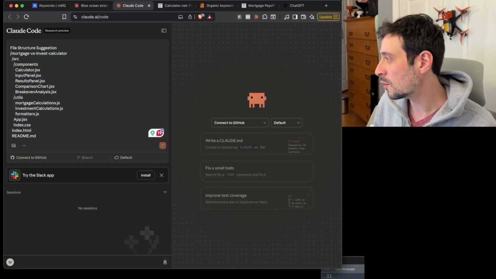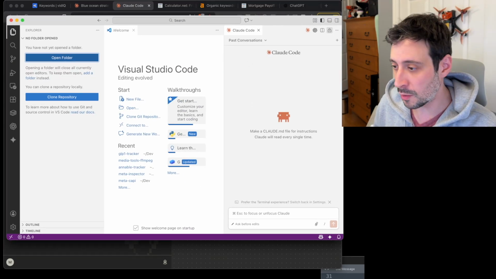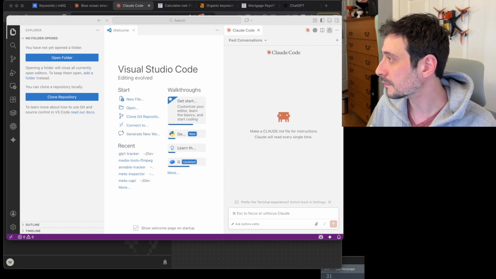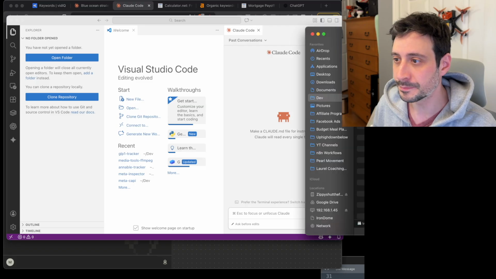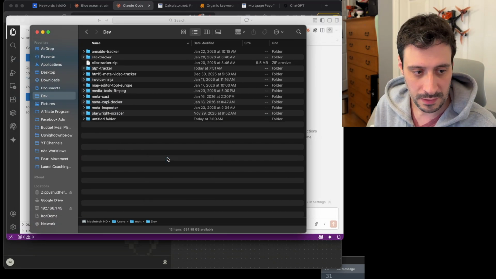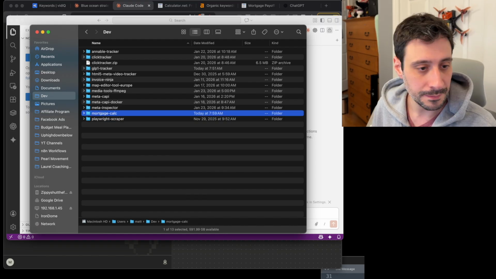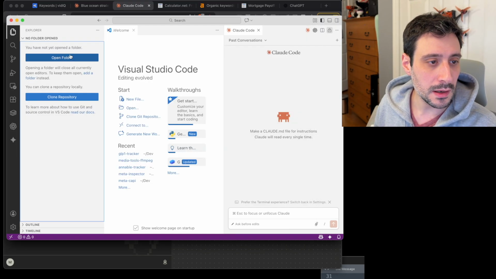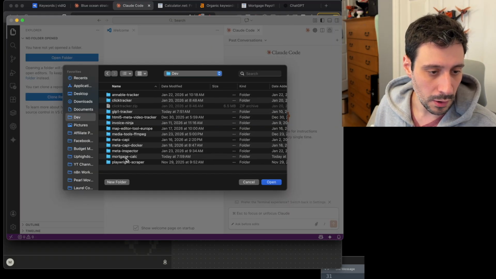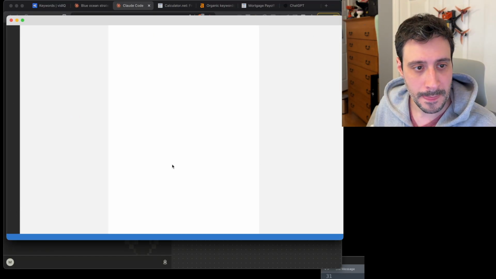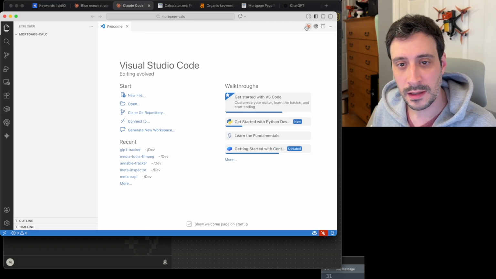And let's go to VS Code because this is a way better way to do it anyway. Okay, so what we're going to do is we're going to create a new folder together. So we're just going to do this, and we're going to call this test mortgage calc. Okay, right there. Now we can go in here, open folder, mortgage calc, open. Okay, and now I can literally click right here,